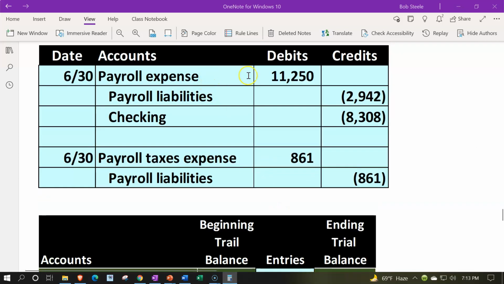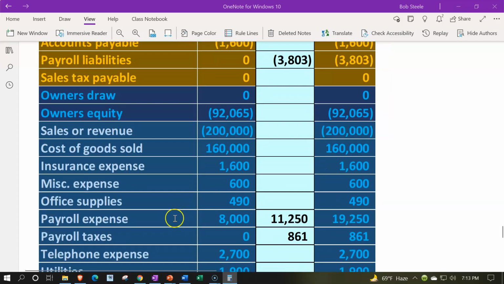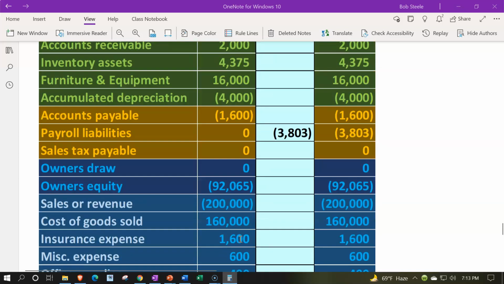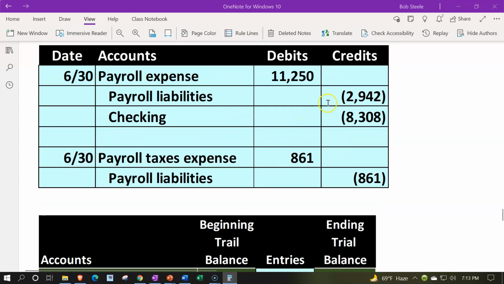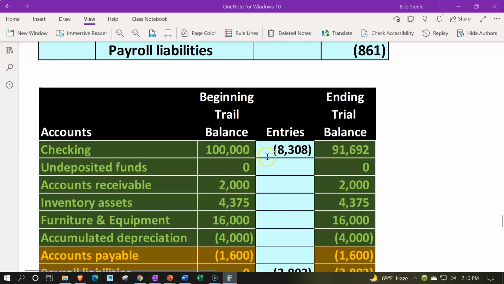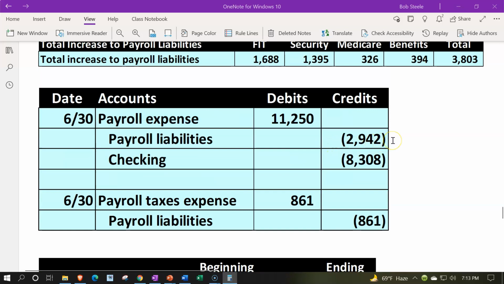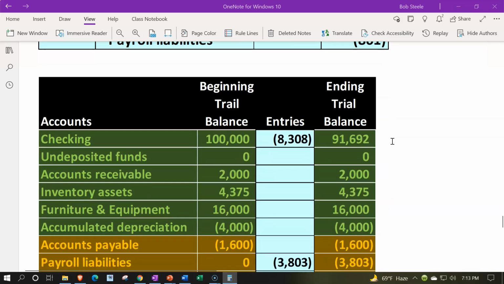We got the payroll expense 11,200, so that's down here. Payroll expense, we have the 8,000 goes up by the 11,250 to the 19,250. That of course increases the expenses, which would decrease then the net income. The other side of that is going to the payroll. Let's think of it out going to the checking account. The checking account's only going down by that 8,308, the net check. So 100,000 decreasing the 8,308 to the 91,692. The difference between those two being the payroll liabilities, which we might break out into different